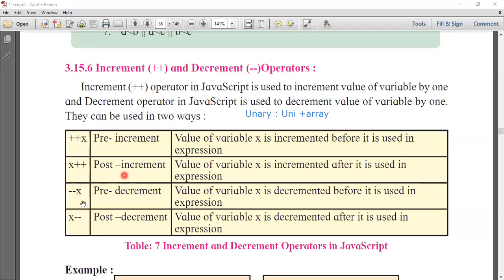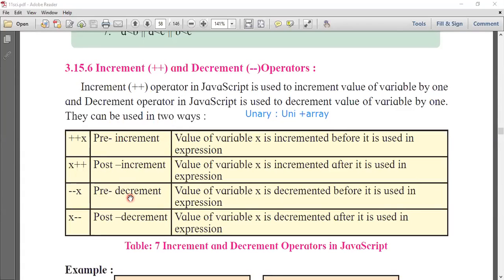Here is a decrement operator. Same like an increment operator, we are using a decrement operator. The decrement operator is written like minus minus, and the increment operator is written like plus plus. Okay, now see here, minus minus x. Minus minus x means here the operator comes first, so it is a pre. And what type of operator is used?